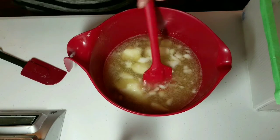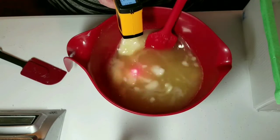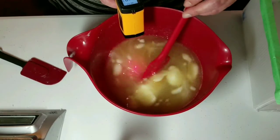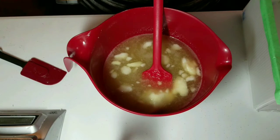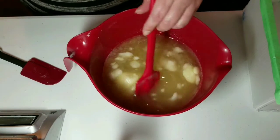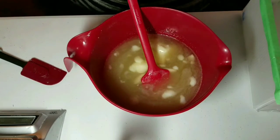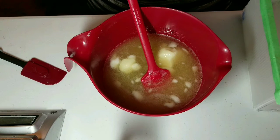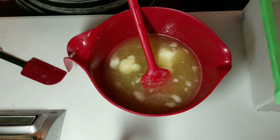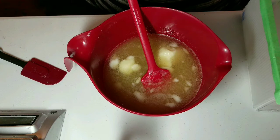So to give you an idea, I'm sitting at 41, 43, 42 degrees Celsius, which works out to be about 109 degrees Fahrenheit. So this is going to continue to keep cooling, and then when I add my liquid oils, which are sitting at 67 degrees, oh, my house is a little bit cooler than I thought. So my oils at room temperature are 67 degrees Fahrenheit, which is